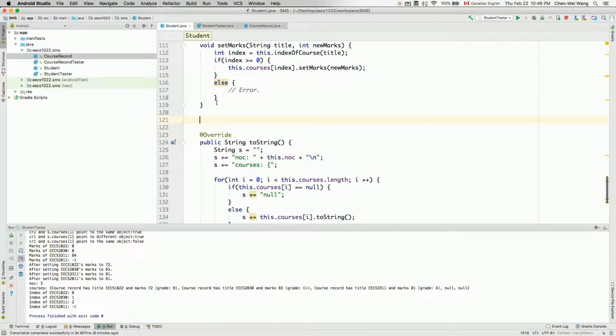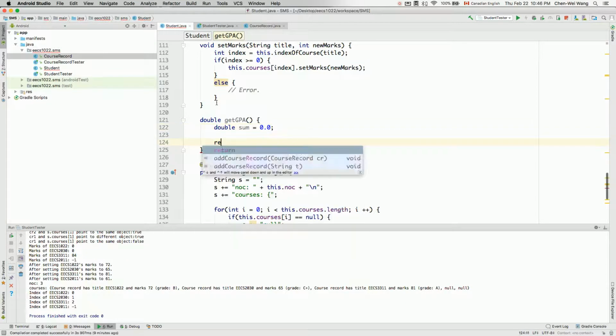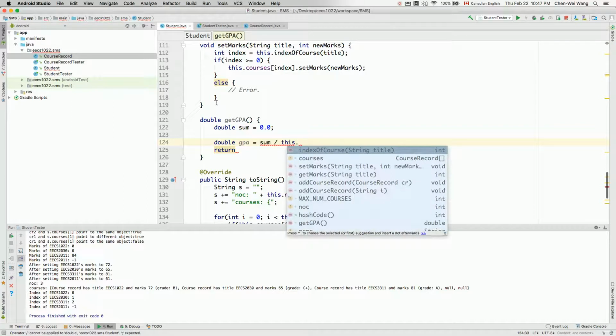GPA is a grade point average, which can be fractional. So let's say double rather than integer. Double getGPA. And then as we said before, we're gonna have some double sum is 0.0. Eventually, we're going to return. After this, of course, we're going to do some loop over here to actually accumulate the sum. After that, we're going to say double GPA is going to be assigned to sum divided by this dot number